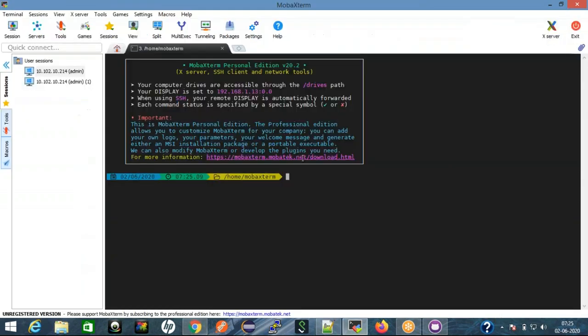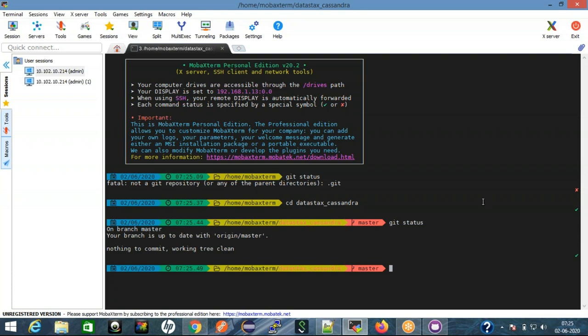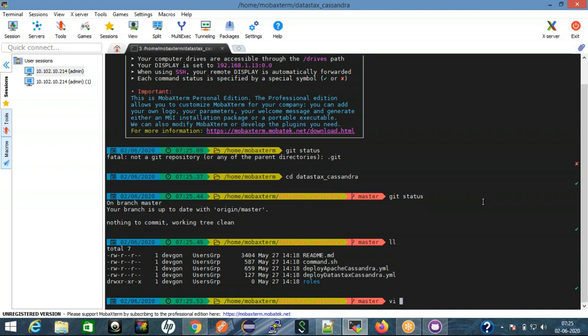So I'll change this name and I'll run another command. Once you change any file, it will start appearing as a changed file. git status is one command that will show you. For example, I might have some different repository in here. Yeah, this is a git repository right now. So when I run git status, any changes that I make to any file, for example, if I change this readme, let's say,